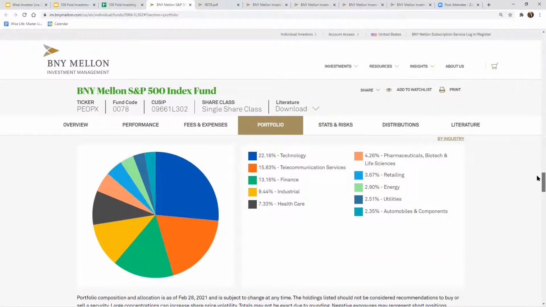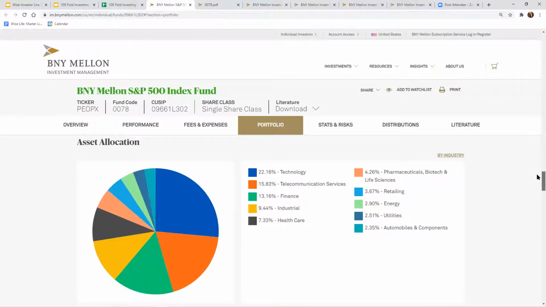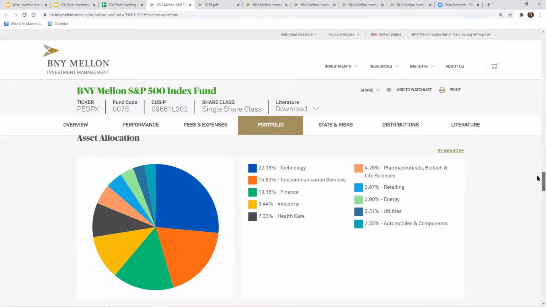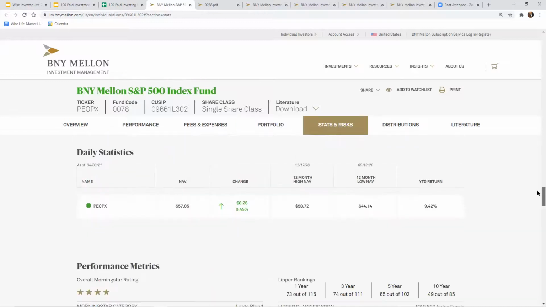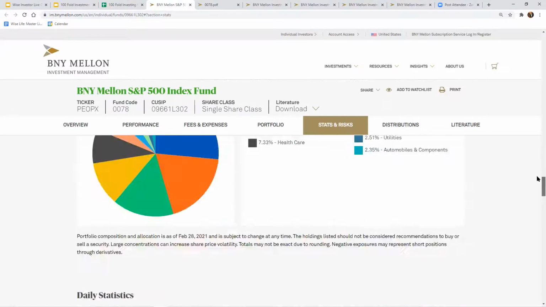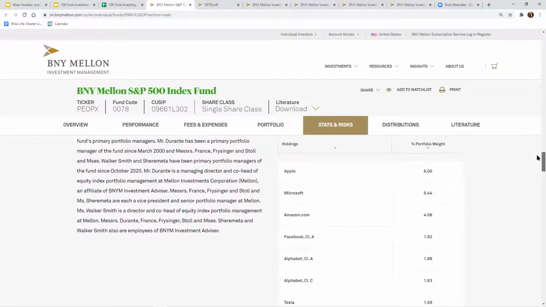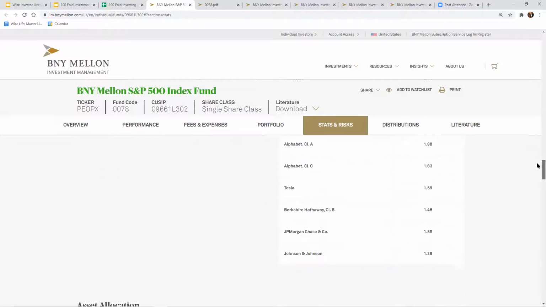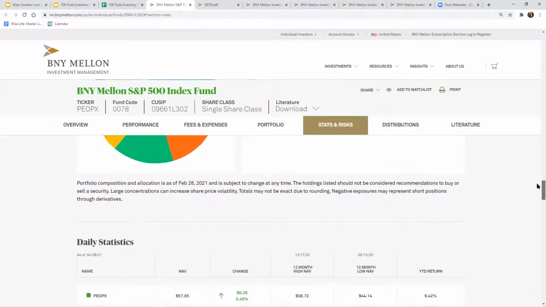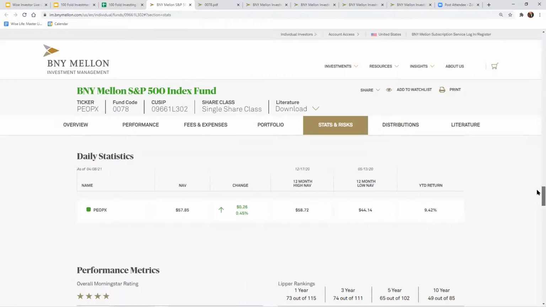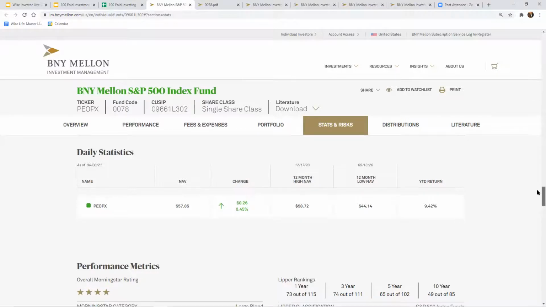So if you wanted to take a look at what's inside this type of index fund, it gives you a breakdown of the industries that are inside. And then they actually should have, I'm sorry, I scrolled past it. If you want to take a look at the specific investments that are inside of there, that piques your interest. If you're really concerned about what they're actually investing in, you can analyze that as well. I do not, and I recommend you do not look at the daily.